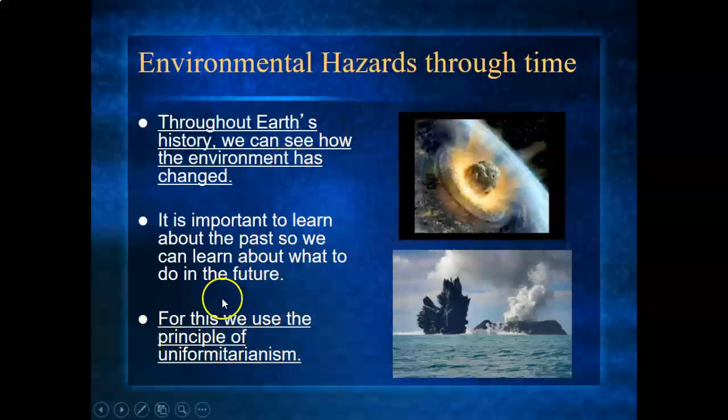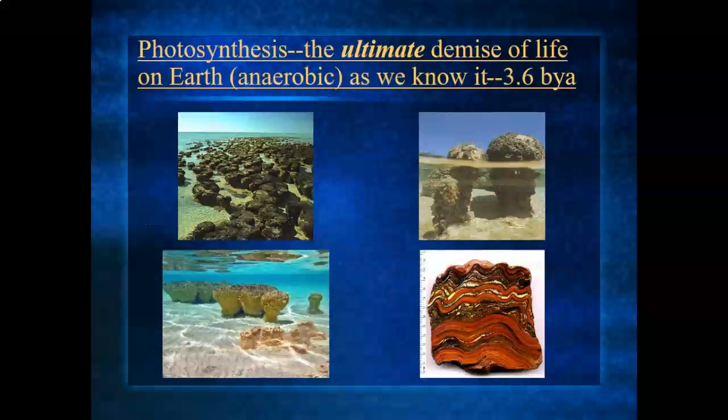So we use the principle of uniformitarianism and the law of superposition to help us figure out what some of these hazards are. We look for that break where all of a sudden a fossil just ceases to exist anymore, and then we look at those other pieces of evidence, those varve counts, those rates of deposition, to figure it out. Photosynthesis is probably our biggest help in figuring out these extinction rates, meaning that it's either really dominant or not.